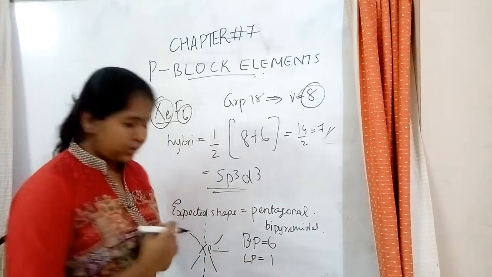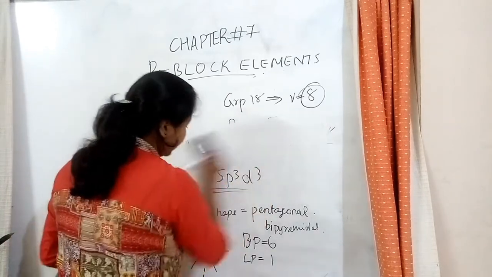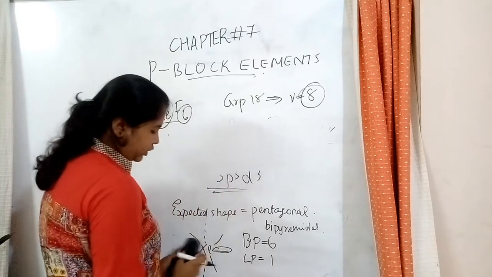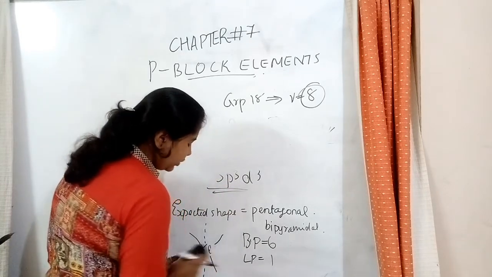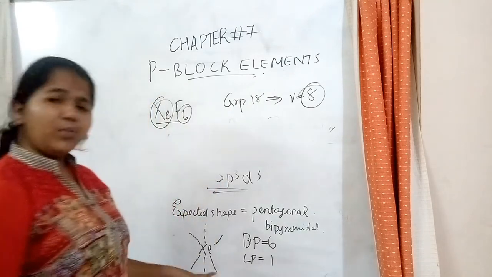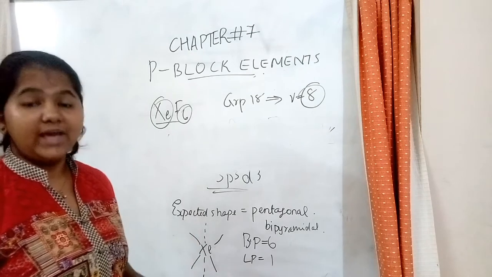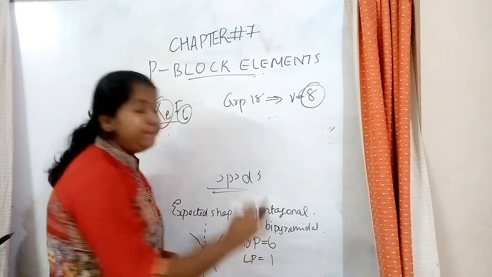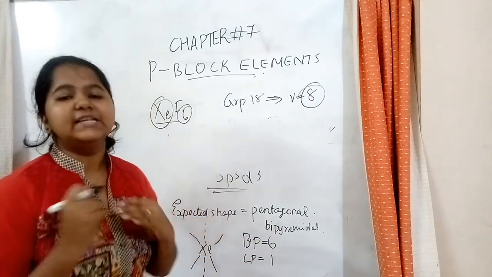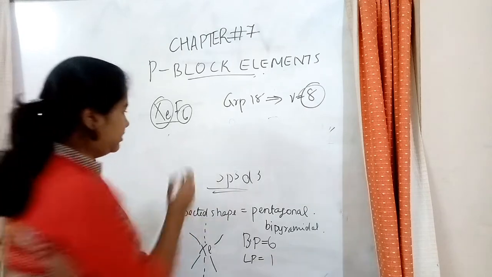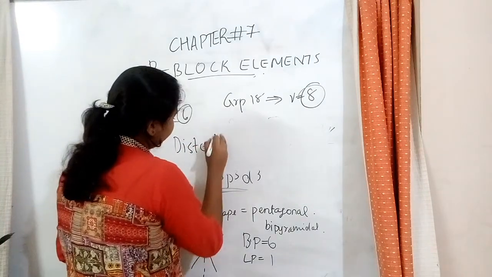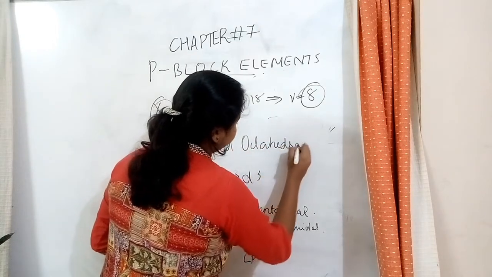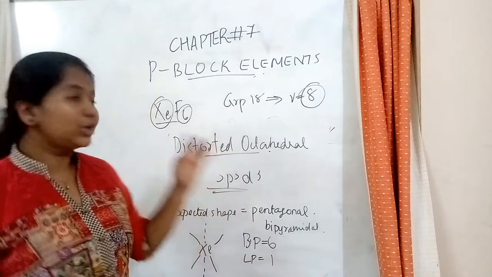And where would you place that lone pair? Let's see. The lone pair would be placed in this position, and hence this would get removed. What is the name of the structure? What does this look like? Doesn't this look like an octahedron? Since this was a pentagonal bipyramidal shape and the lone pair went out and formed this figure, it is known as a distorted octahedron. So that is to talk about the xenon fluorides.